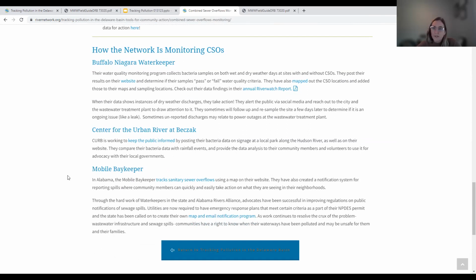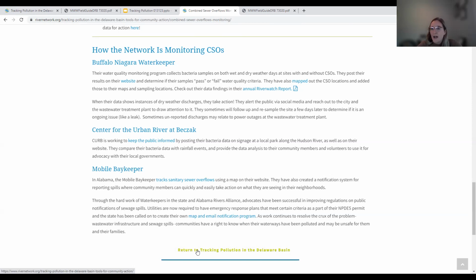They are working with sanitary sewer systems, but they have a public notification system where if folks see discharges happening, you can go to their website or call in the discharge. And through their advocacy, they have also had their Department of Environmental Protection require that utilities in their emergency response plans and their NPDES permits incorporate mapping and email notification programs, with the idea that everyone has the right to know when these discharges are happening in their waterways. So that's also a really great example to check out